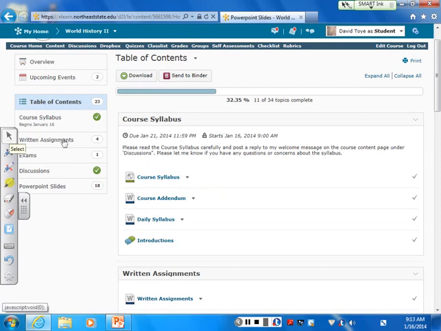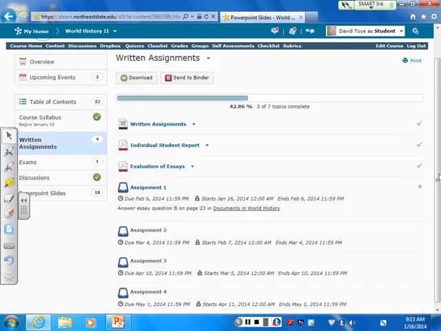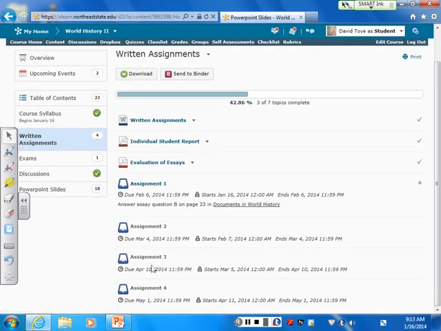Also, for all of our written assignments, you don't have to turn them in to me in class. You can go to the Dropbox and upload your work directly into the Dropbox. And here's the link to the Dropbox right here. Also, if you look under written assignments, the Dropbox can be found here as well. So you can do it two ways. Either go to Dropbox or here are all the assignments right here. Okay, and then